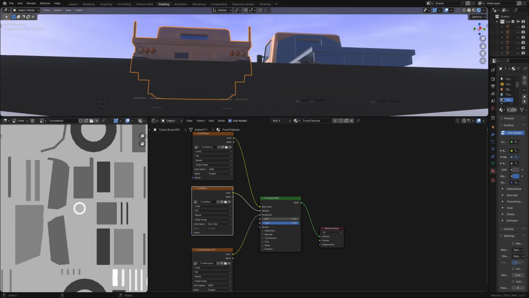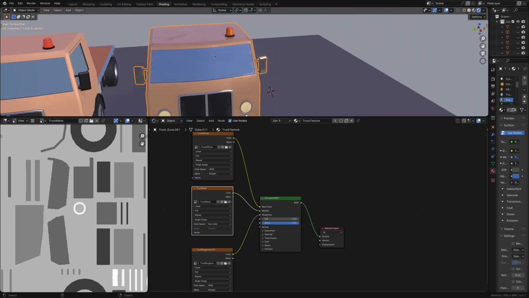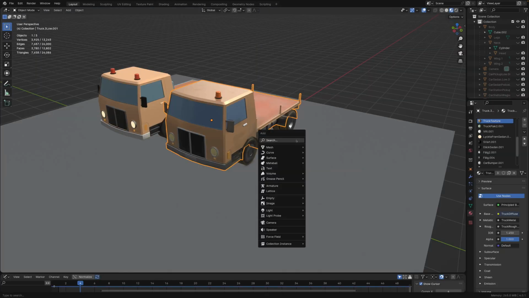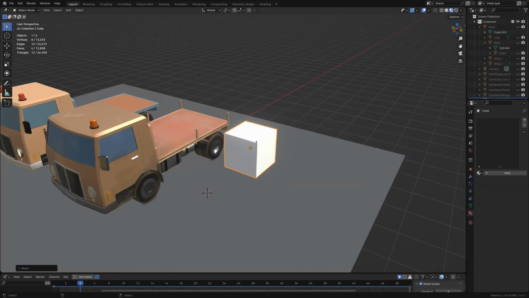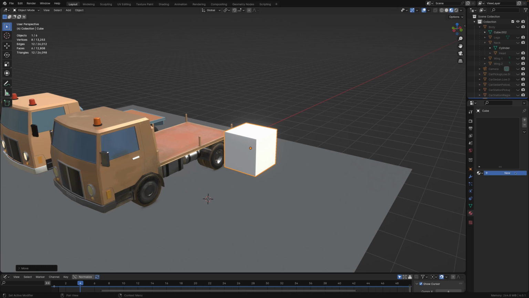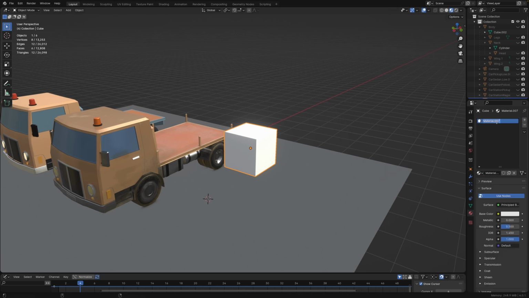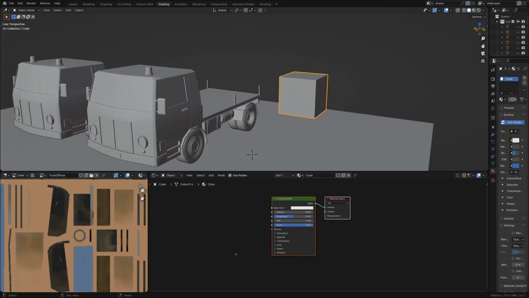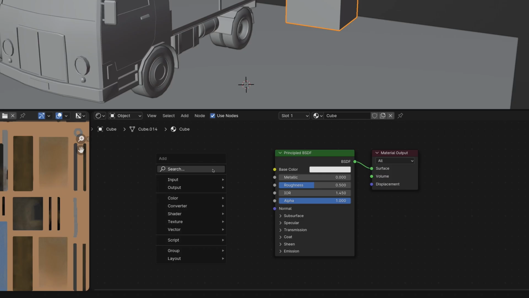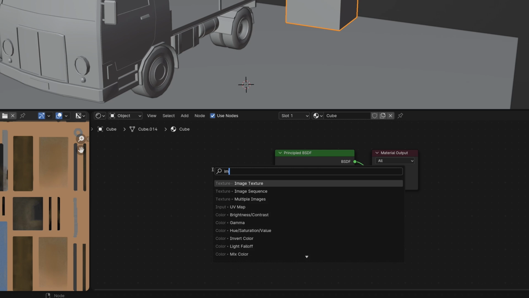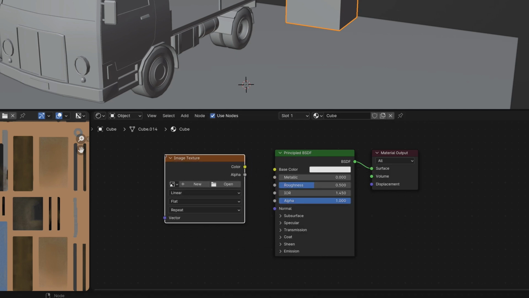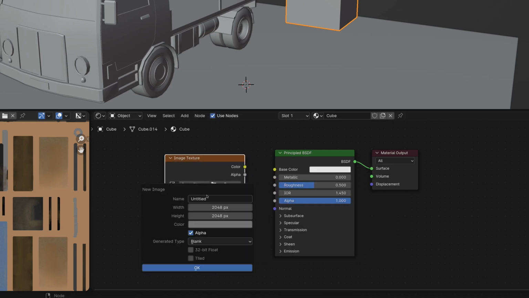So I will go back into layout mode and I will add a cube. I will create a material for the cube. Let's call it cube and go into the shading tab. And here I will create a texture. So by clicking Shift A, I will search for image, create a new image, cube